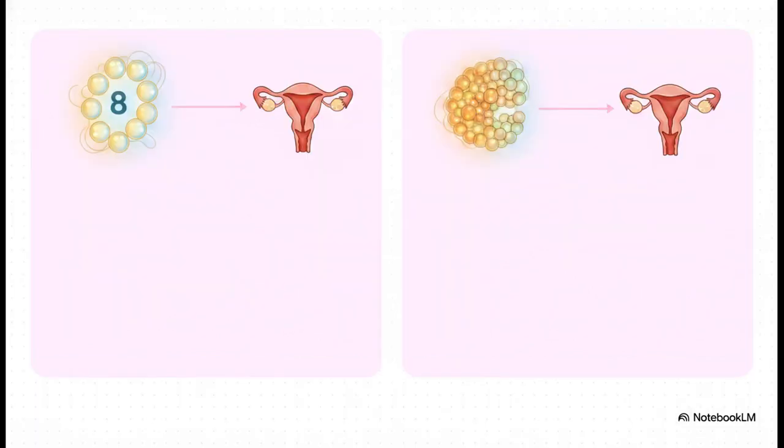Now that embryo transfer step has 2 distinct medical routes, and it depends entirely on the size of the developing embryo, which is measured in cells called blastomeres. If the embryo has up to 8 blastomeres, we use ZIFT, zygote intrafallopian transfer. It's placed safely right into the fallopian tube. On the flip side, if it has grown to more than 8 blastomeres, we use IUT, intrauterine transfer. It's placed directly into the uterus. The precision of this science is honestly just amazing.